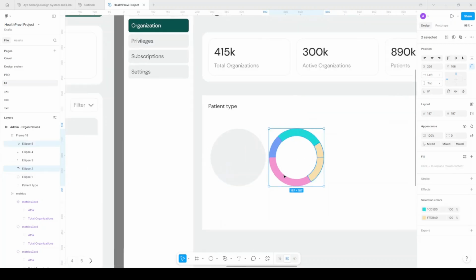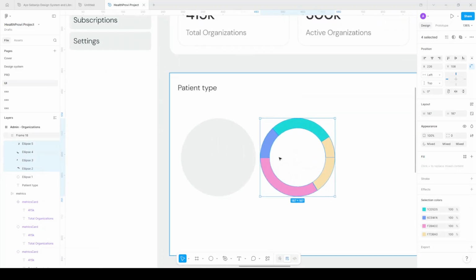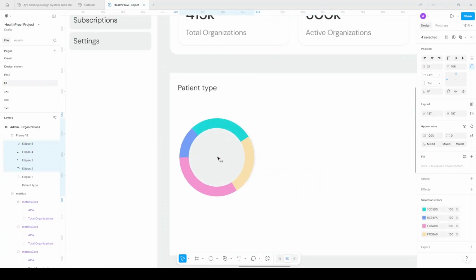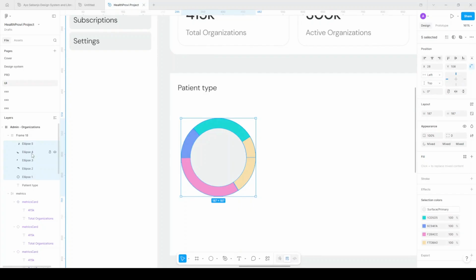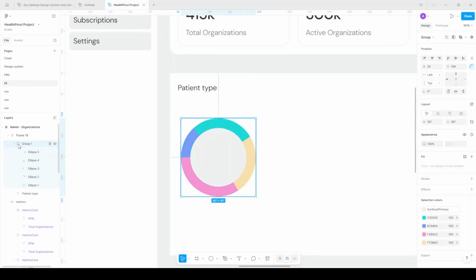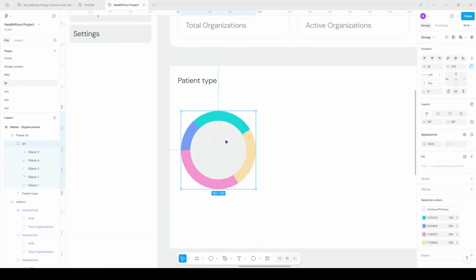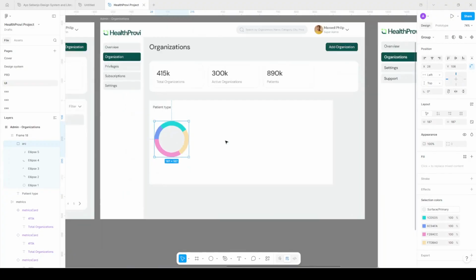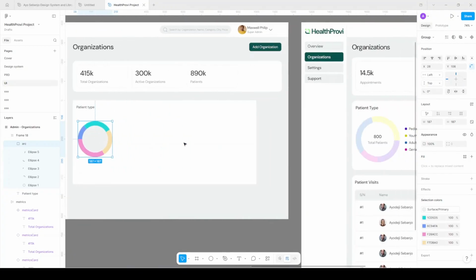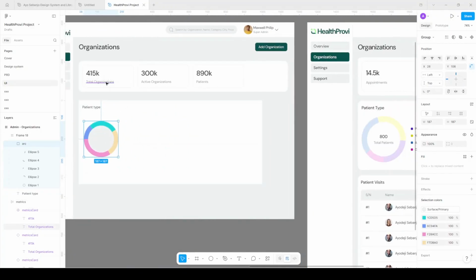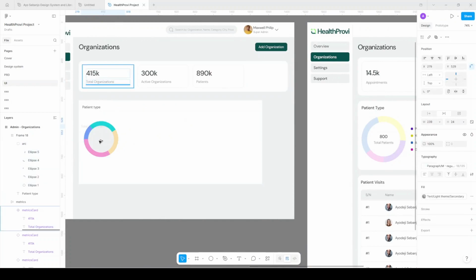Select the four of them and bring them to this circle. Let them align with this circle and select them. You can select them properly from the layer panel here and group them. You have to group them. So I'll call this arc, just like that. Now we have to represent them in a data arrangement. So I'll just write in here,